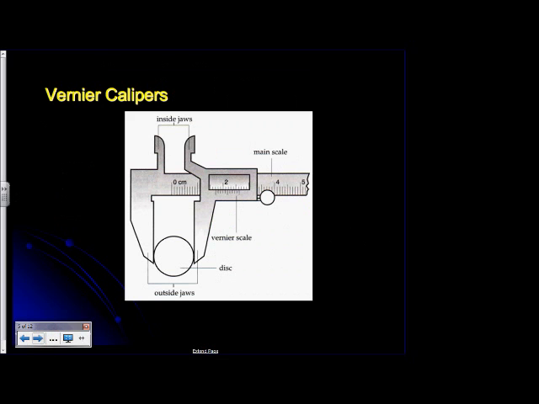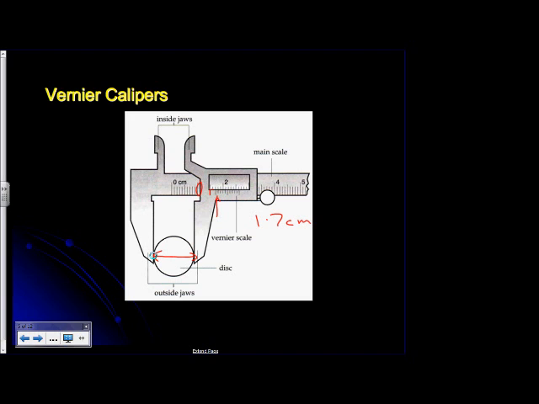Right, so let's have a look in a little bit more detail how we use the scale on a vernier calipers to actually read things. So we're trying to measure the diameter here of that, so we put it in there. We look at the scale. We read from that point there, from the 0 mark. Now, if we have a look at that, this is 1 centimeter. That's 1.5. It looks to be about 1.7. Okay, so 1.7